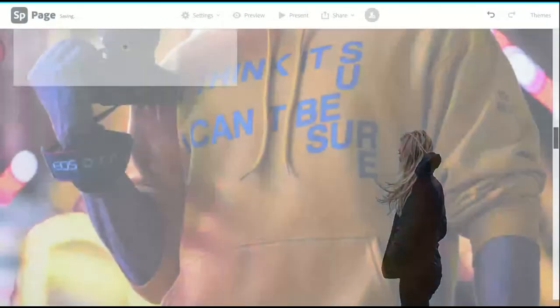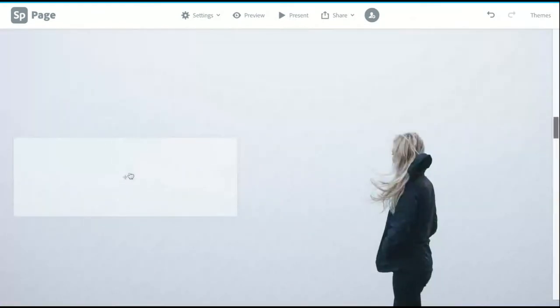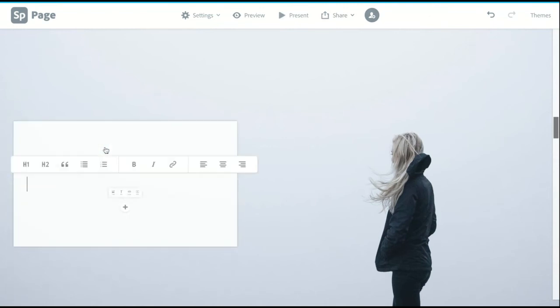And you'll notice it brings them up full screen. And you'll also notice this sidebar here. So you can have contextual information juxtaposing with the imagery that lies underneath. And so here we could add text. Sometimes I feel all alone.